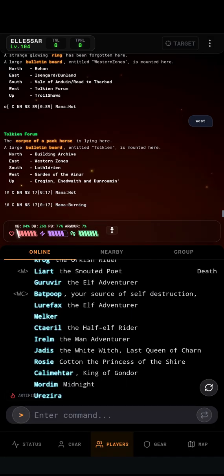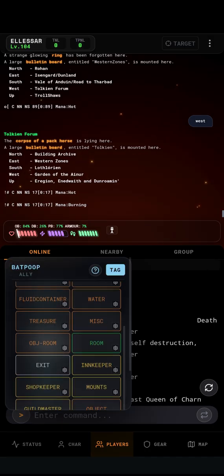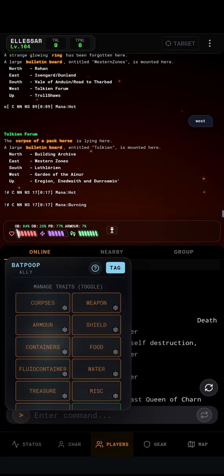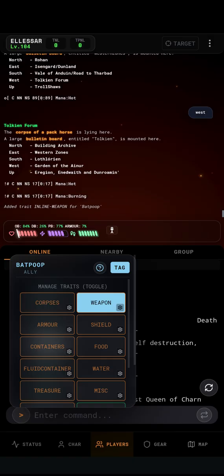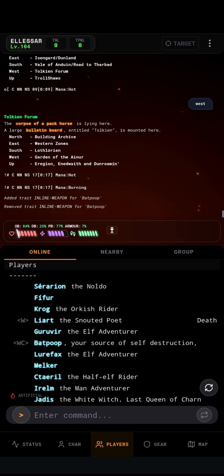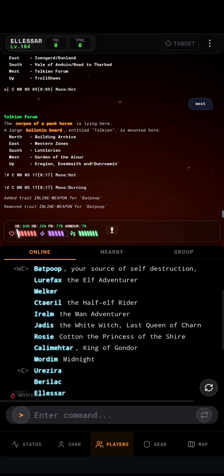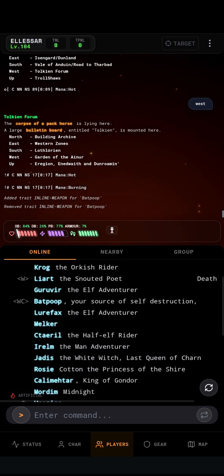I'm still working on the button system here, but the way it works essentially is a button has, you can tag it with certain things. So, I don't know, what would we tag this with? Let's just say we're going to tag this as a player, so I need to fix the player things. But I can tag it as a weapon, and then when I hit him, it'll give me the weapon. I can untag it. I can give him the weapon buttons, right? So everything will have some classification and default tags attached to it, but you can also, as you encounter new things in the game, attach your own tags to them for them to do what you want them to do. But the point is, I could click on this, and then I could talk to the person,